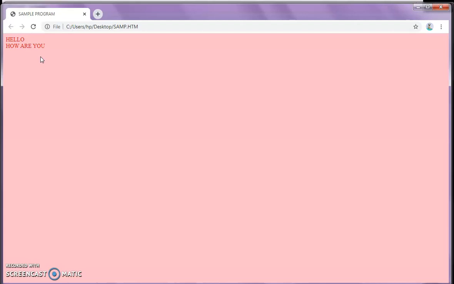Children, please do the same program, or this type of program, in your system. It's a very interesting lesson. When you study this HTML program, you can develop your own web pages. So children, you can create a web page for our school, with the heading Sri Gokulam Public School Guruvayur. Below that you can type something about our school. Don't forget to do this activity.